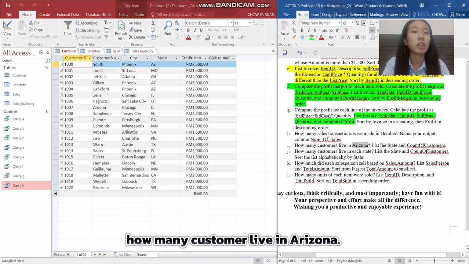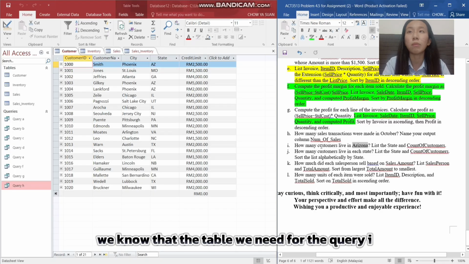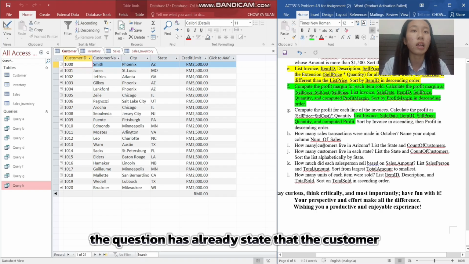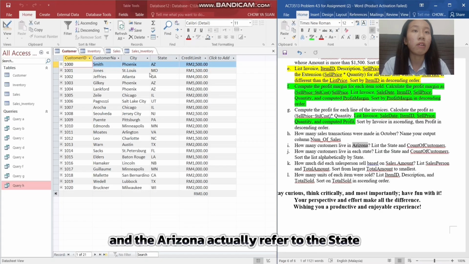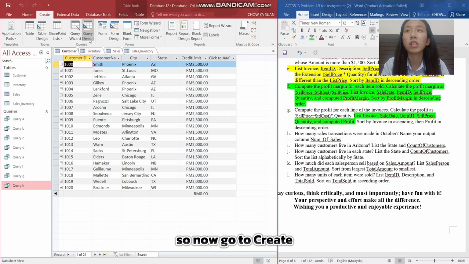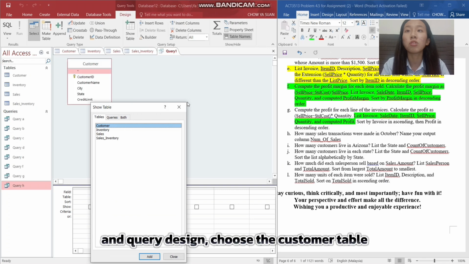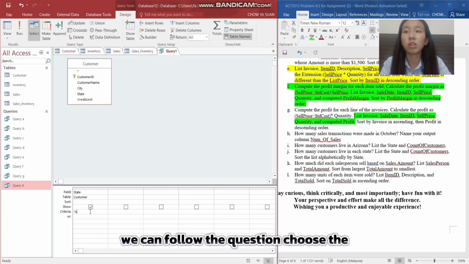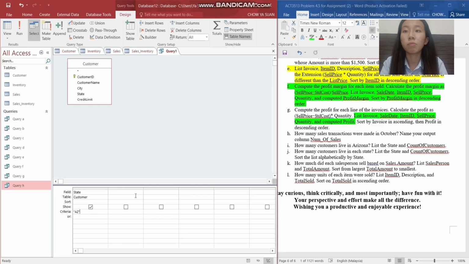How many customers live in Arizona? List the state and count of customer. So from this question, we know that the table we need for the query I is only the customer table. This is because the question has already stated that the customer and the Arizona actually refer to the state for the short form of AZ. So now go to create and query design, choose the customer table, add the state and the criteria here. We can follow the question, choose the AZ, then here write count of